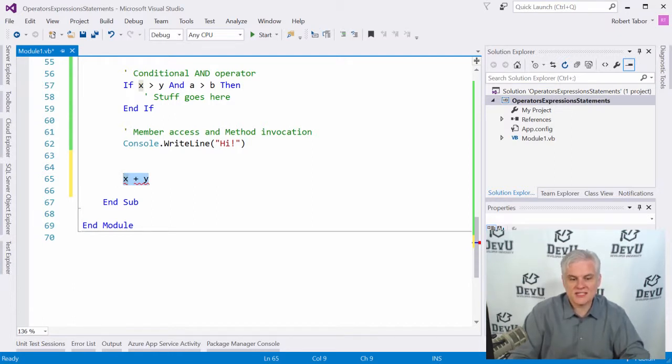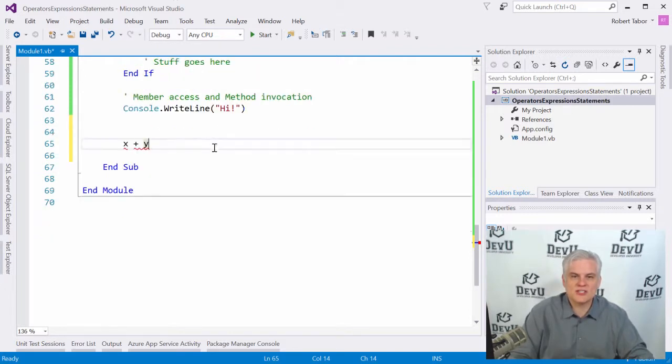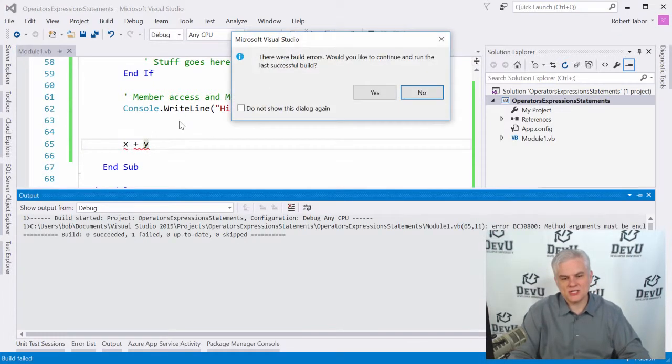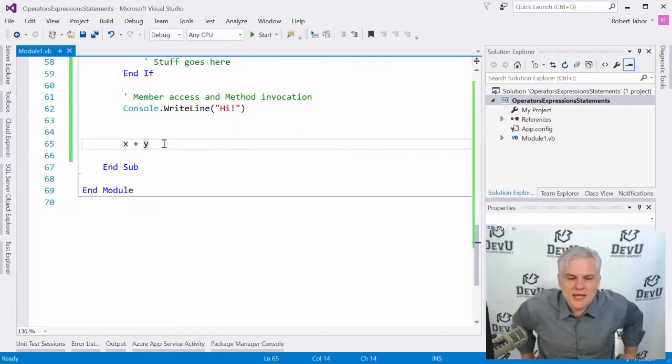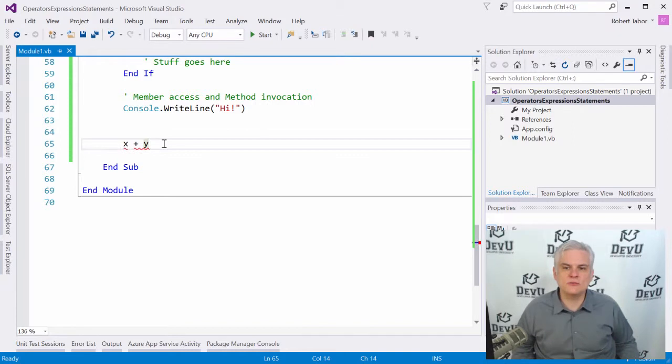So in this case, we're only just doing x plus y, but x plus y what? All right, what do you want me to do with this? So in situations like these, you can see Visual Studio will actually catch these syntactical errors as compilation errors. We can't even run the application. We can't even compile this code into an executable